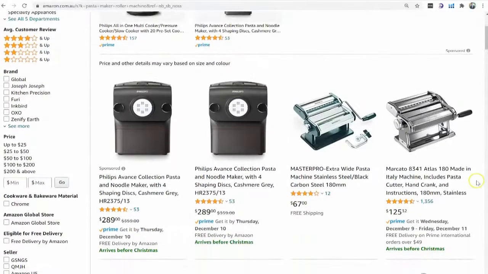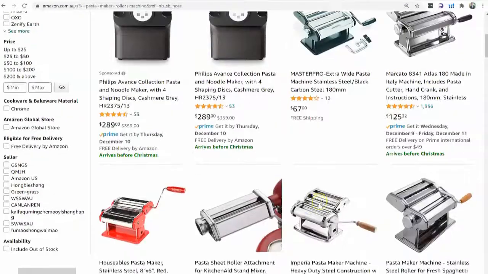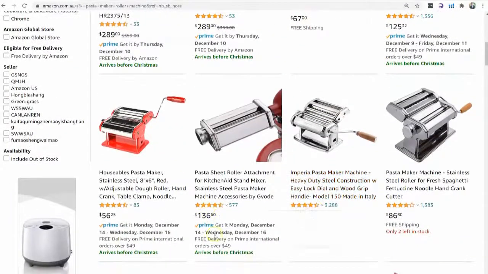Now, what I like about it, you see this price point here, 125 and even 67. Good price points. 136, 56, good price points. Now, you don't want to be selling something for $5 on Amazon. You want to go for higher price points, $25, $30 plus. Ideally, $30 to $100 is kind of where the sweet spot is. But if it's a little bit less or more, we've got students who sell for a lot more. It's not going to be a big thing, but just be aware that $30 to $100 is what you call